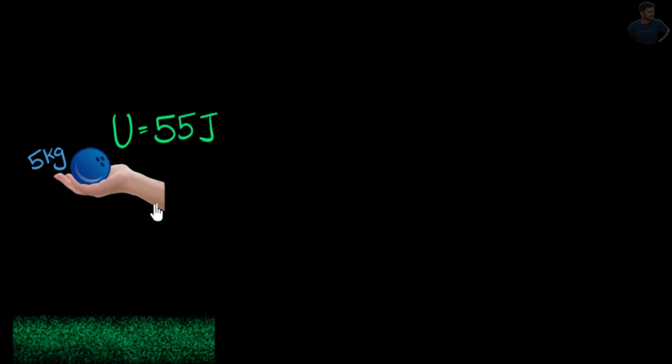Where was this before? Because energy can neither be created nor destroyed. And so we say, this 55 joules was already stored in the ball even before releasing it. And that energy is what we call potential energy. So according to our example, this ball now has a potential energy, and the symbol we use for potential energy is usually U. And we say the potential energy of this ball is that same 55 joules.